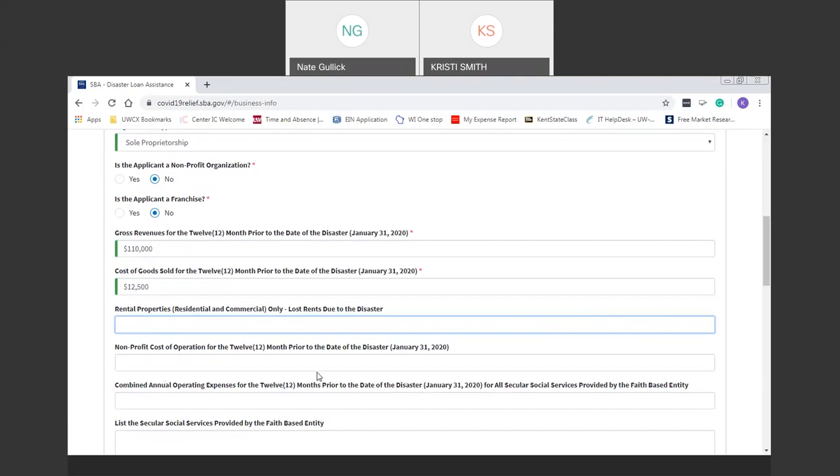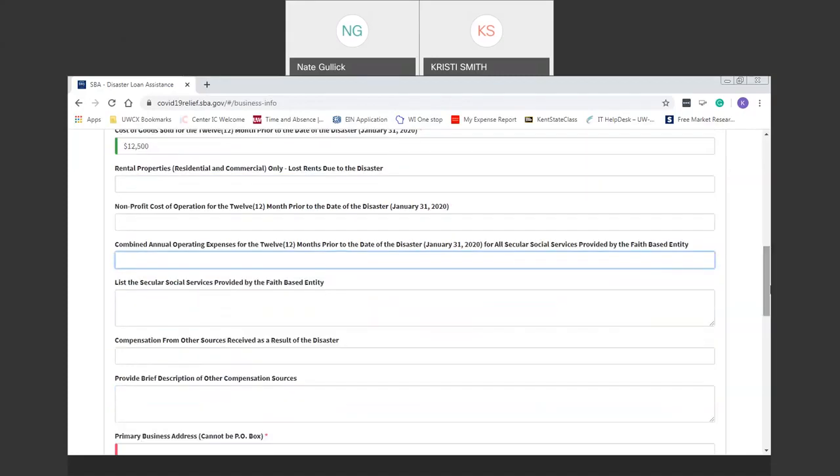Likewise, this field, the nonprofit cost of operation, this is only for nonprofit organizations. If you're a nonprofit organization, please see other training materials, as this training is not intended for you. Likewise, another nonprofit field, information here, if you are a faith-based entity. So that's for nonprofits again. Most of our clients for the Small Business Development Center would not be putting anything in these 4 fields here. They're not relevant. List the secular social services, also not relevant unless